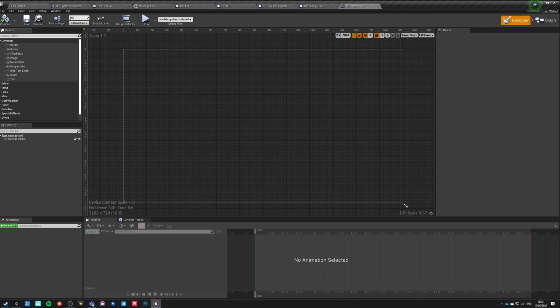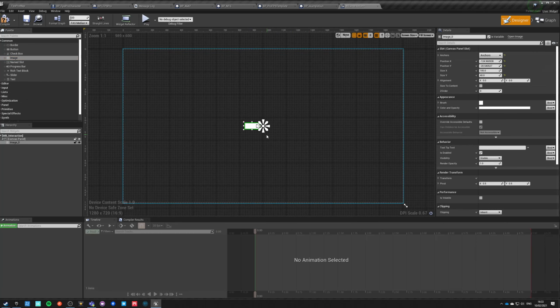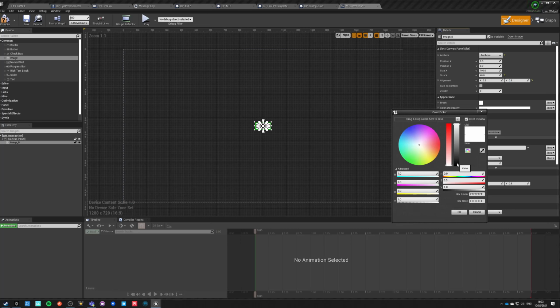So what we're going to do, we're going to get it. It was picture, no, it was image, yeah, image. We're going to set image to middle and say 0, 0, 0.5, 0.5, so it's perfectly in the middle. Go into brush, color and opacity, less opacity, or even black but less opacity, 0.3 let's say, and then add text.